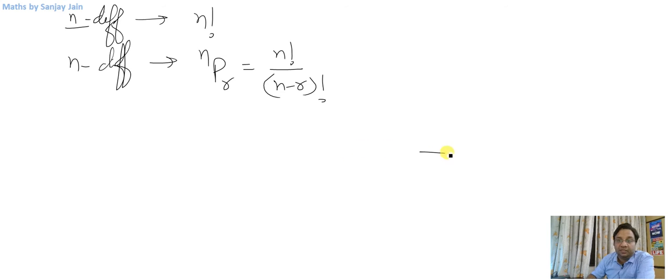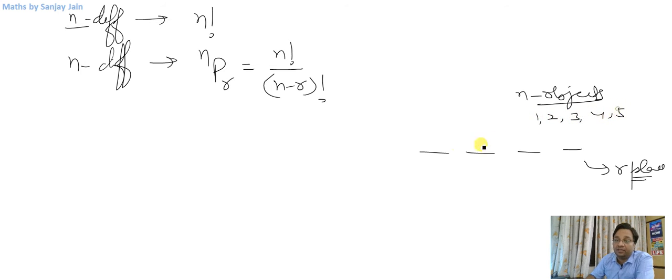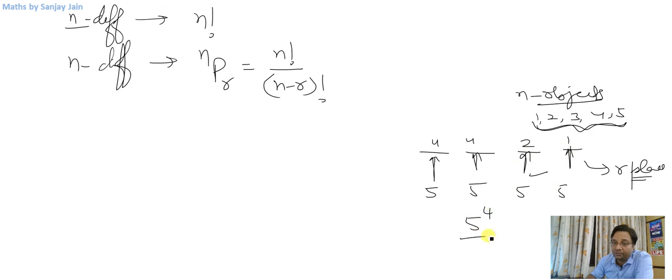And we have already studied that if repetition is allowed, let us say there are places to be filled, and we have got n objects, and repetition is allowed. For example, we have got some numbers 1, 2, 3, 4, 5, and we have to form 4-digit numbers out of these, where repetition is allowed. So 4, 4, 2, 1 is a possibility. So what will happen then? This place can be filled in 5 ways. I can choose any of these. This place can be filled in 5 ways, this place can be filled in 5 ways, this place can be filled in 5 ways. So 5 raised to power 4 ways are there to fill these places.